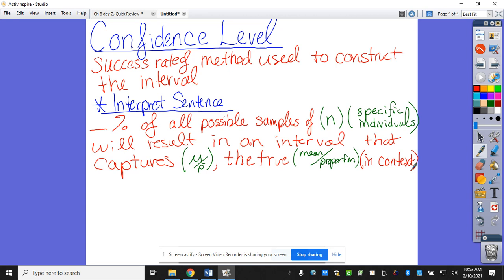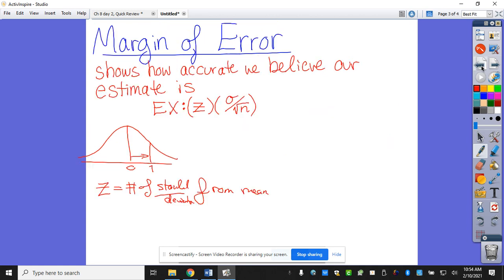So interpreting confidence level is: if I made every single possible sample there were of that size, and I made an interval for each one of them, that many percent of those would actually contain the true thing we're trying to estimate. That's the whole idea of Monday. Questions on that, because that's literally the whole interpretation of Monday. All right, so coming back to here,